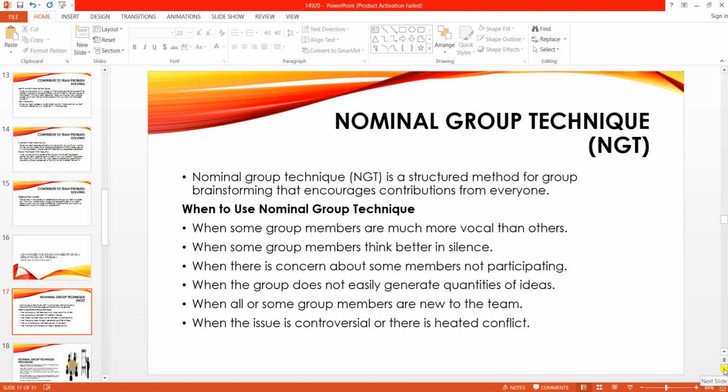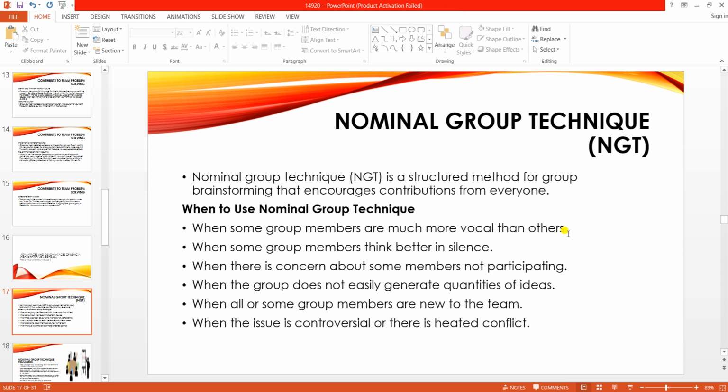Moving right along, we've got what we call the nominal group technique, which is NGT abbreviated. This is a structured method for group brainstorming that encourages contributions from everyone. So you may find in some instances, within the team that you have, people are encouraged because of the expertise or the skills that they possess within the team. They contribute whenever you have a brainstorming session, and they contribute in terms of providing solutions